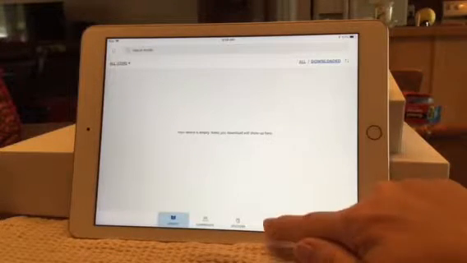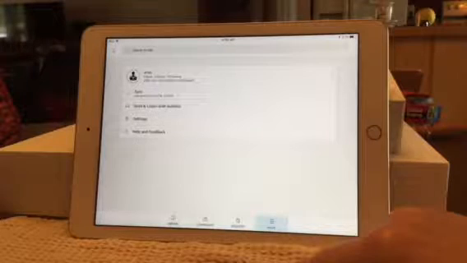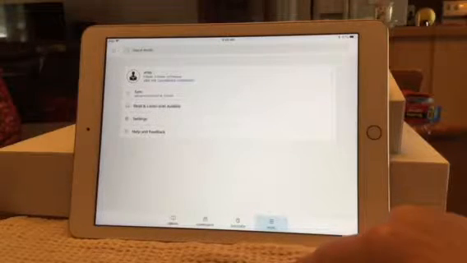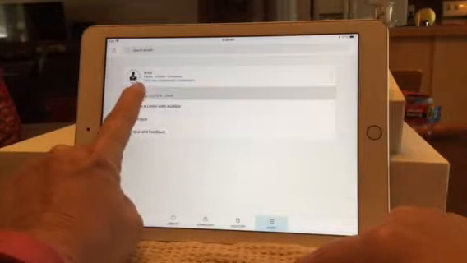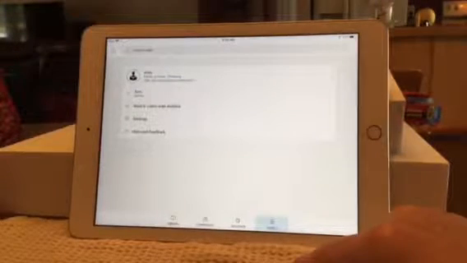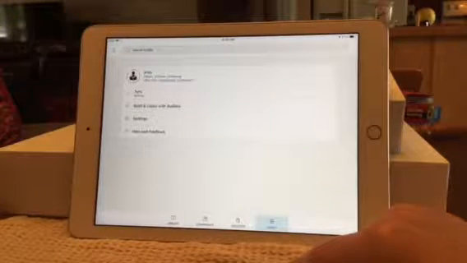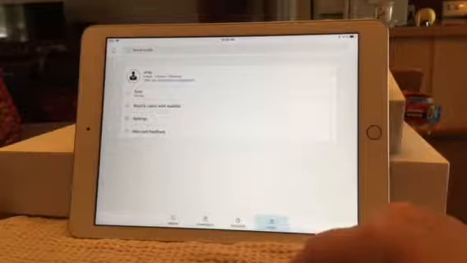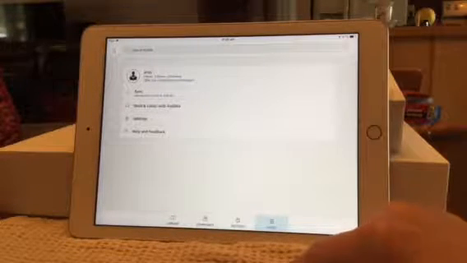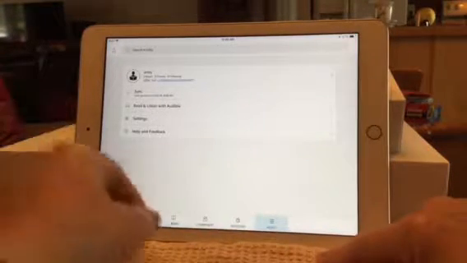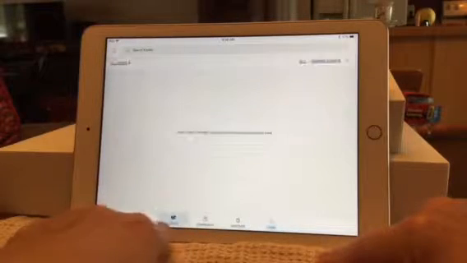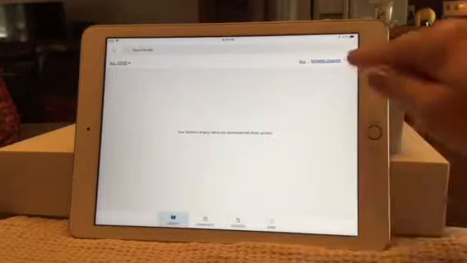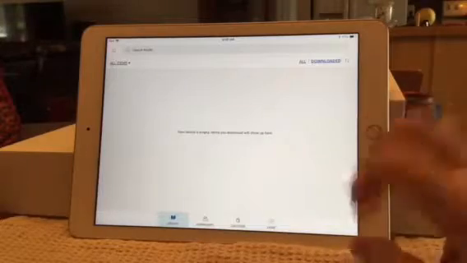So if I go to more, and right there is the button that says sync. So if you're wanting something that's not showing up and you've put it on there, you sync it and it will show you the things that you synced. Now, it's synced already, so I'm going to go back to the library. I'm going to show you how to get a book. So there's nothing downloaded, which means